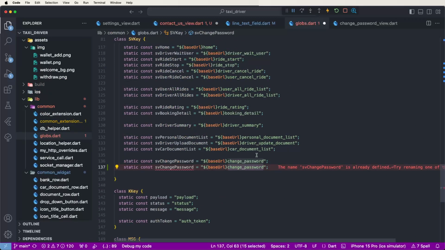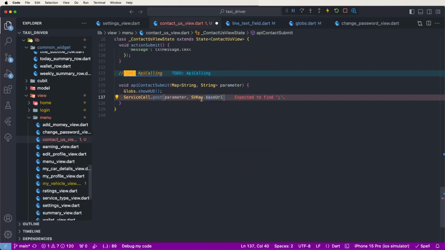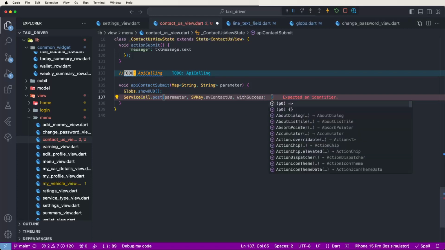Now we need to set contact us, and set contact us here also. Save, and now we need to paste this here. Now this is not a token API, that's why we do not need the isToken parameter, but we need the success block,